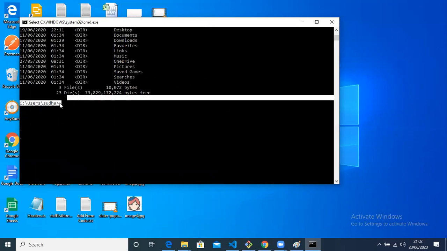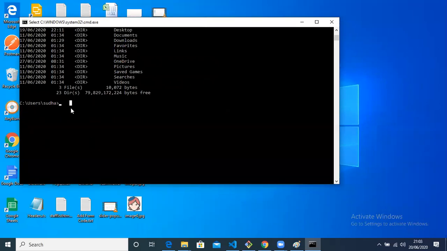Where you are now is shown here. Whatever command you issue, unless you give a path, it will always apply to the same location. If you give a path, it will apply to the path you gave. If you have not given a path, it applies wherever you are now. Currently I am in C drive, Users, Sudha folder. Here only it will apply. That is the first thing we need to understand.